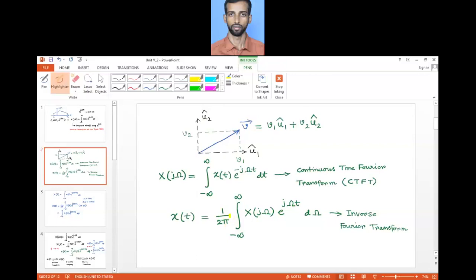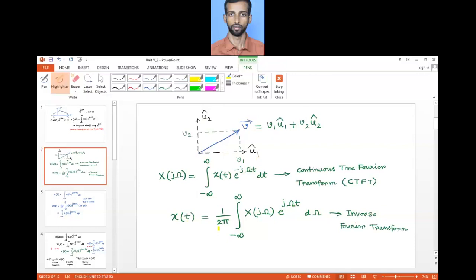Now, this is taken to account that ultimately the basis vectors that we are considering should be orthonormal basis vectors. So to ensure that the basis vectors we are considering altogether are orthonormal, some constant part is multiplied to ensure that this x of t is properly obtained